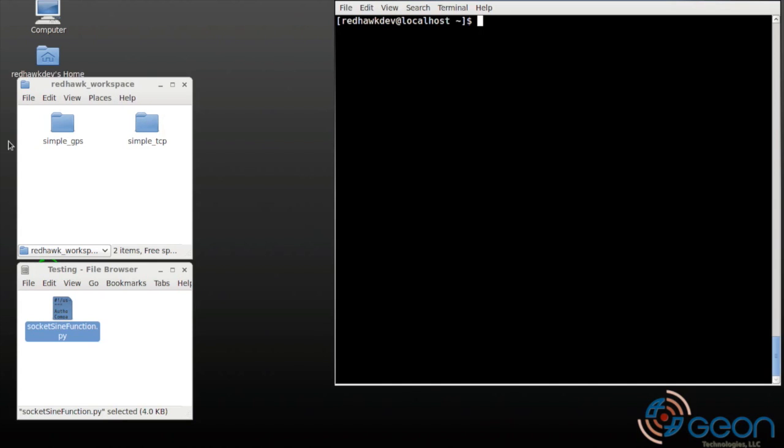So let's get started. Here you can see the desktop of our training virtual machine, and in the REDHAWK Eclipse workspace I have my two devices ready to use. I also have the socket sign function from our GitHub repository, which we'll later use to drive the simple TCP